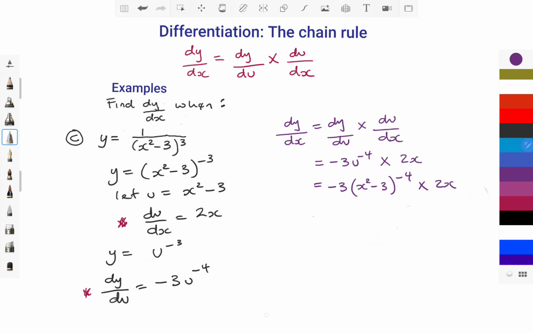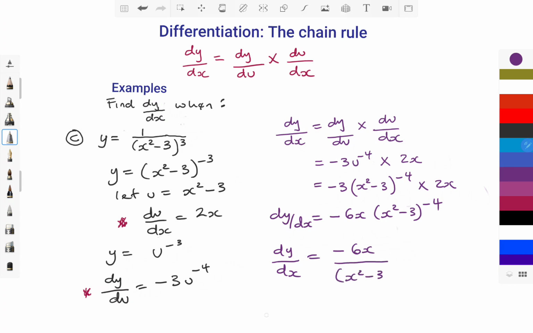If I substitute further, I'm going to have minus 3 times 2, that's minus 6x(x squared minus 3) to the power of minus 4. That's my dy/dx. And if I want to leave it in positive exponent, I'm going to have dy/dx equals minus 6x over (x squared minus 3)